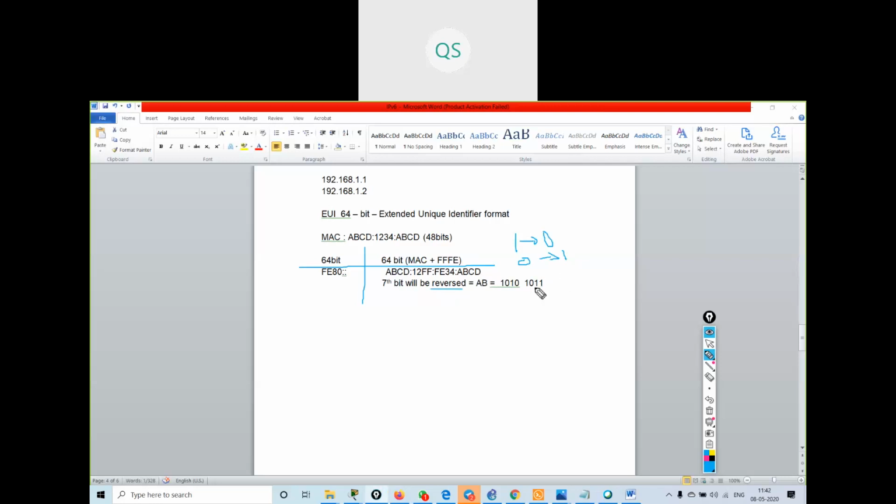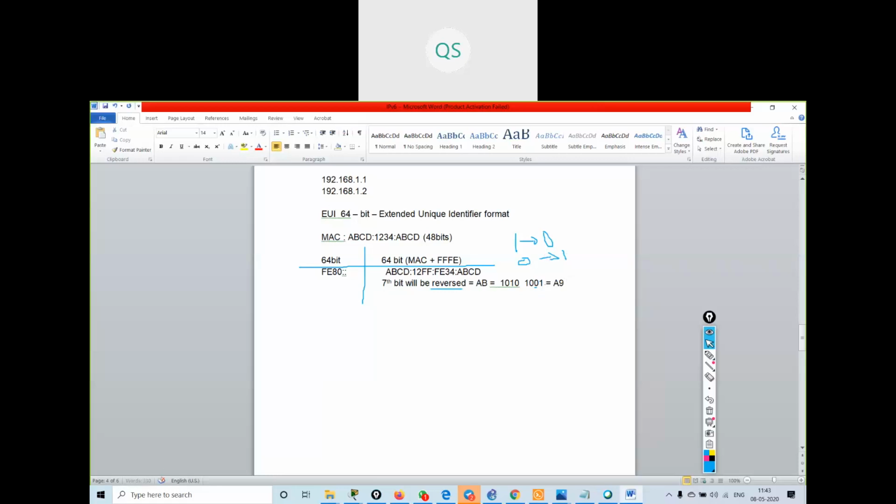So my seventh bit is 1 over here, so I will make it 0. My address will now be A9. A is the same, and if you make it 0, then it is 9, 8 plus 1, 9.